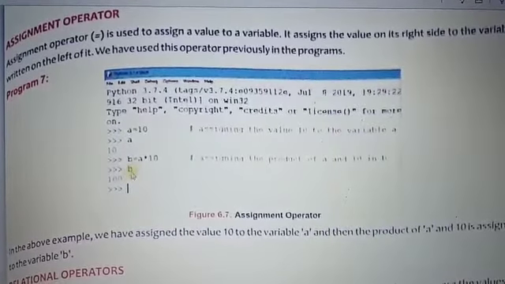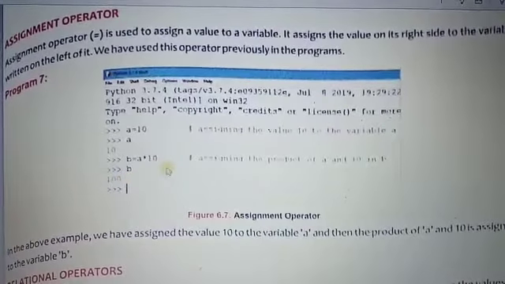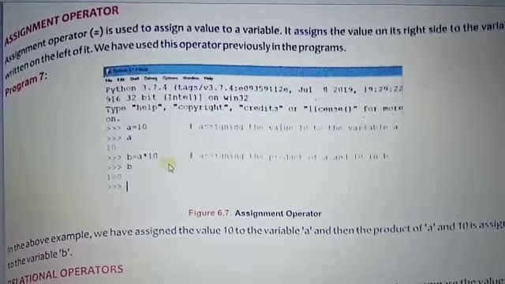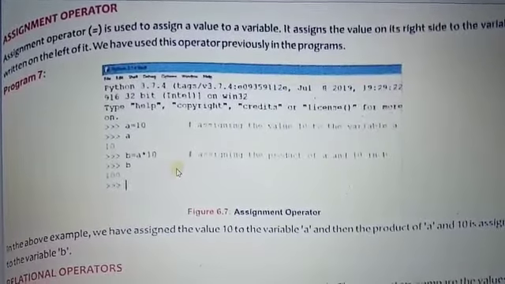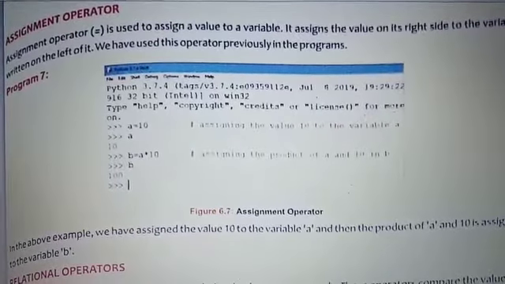After that we can calculate the 100. The same thing we can perform with the assignment operator. The assignment operator is the equal sign that assigns the current value to the variable. That is simple. How can we do it in a practical manner?